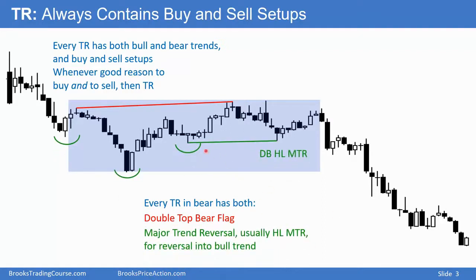And the bulls see a double bottom, higher low, major trend reversal. Bear trend, bull breakout, higher low, not enough bars for a major reversal, so we got a minor reversal. Now we have a double bottom and plenty of bars for a major reversal, so a double bottom, higher low, major trend reversal. 50% chance there will be a successful bull breakout and a reversal of the bear trend. 50% chance there'll be a successful bear breakout and a resumption of the bear trend. I say that, but unless the setup is especially strong, I think the prior trend still has a slightly higher probability of resumption than reversal.